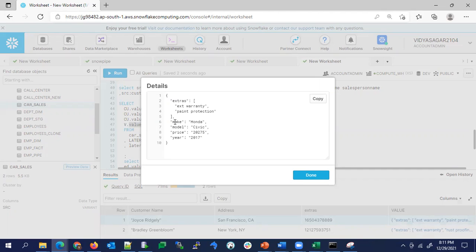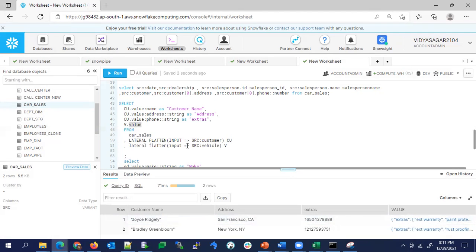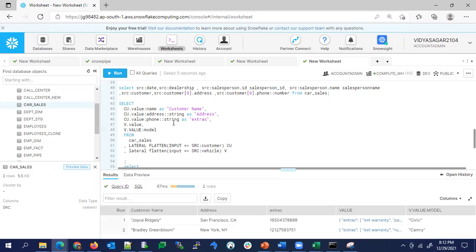Here I have passed the make and model. Let's try to pass the model and see. I will take another column. Oh, it's already 40 minutes. Okay. V dot value colon, I'm passing the model. So here model is given.